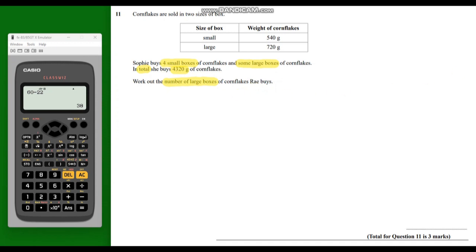So let's have a look at this. So she buys 4 small boxes of cornflakes. Now we know the size of the small box, they're 540 grams. So we can do 4 times 540. So 4 times 540, that gives us 2,160 grams. And now it says in total she buys 4,320 grams of cornflakes. So to work out how many grams are left over, we can just subtract this from 4,320. So if we do 4,320 subtract 2,160, so